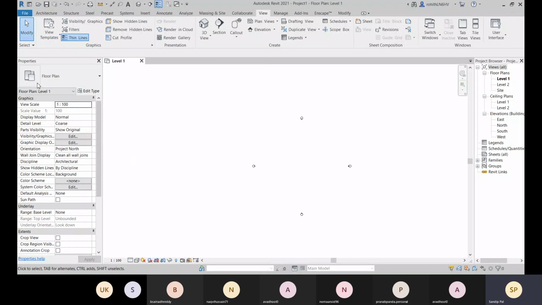For this floor plan we have this information: what is the view scale, what is the display detail level, and all this information. At the front of your properties palette, all this information is called instance properties. Instance properties. And we have this edit type option.